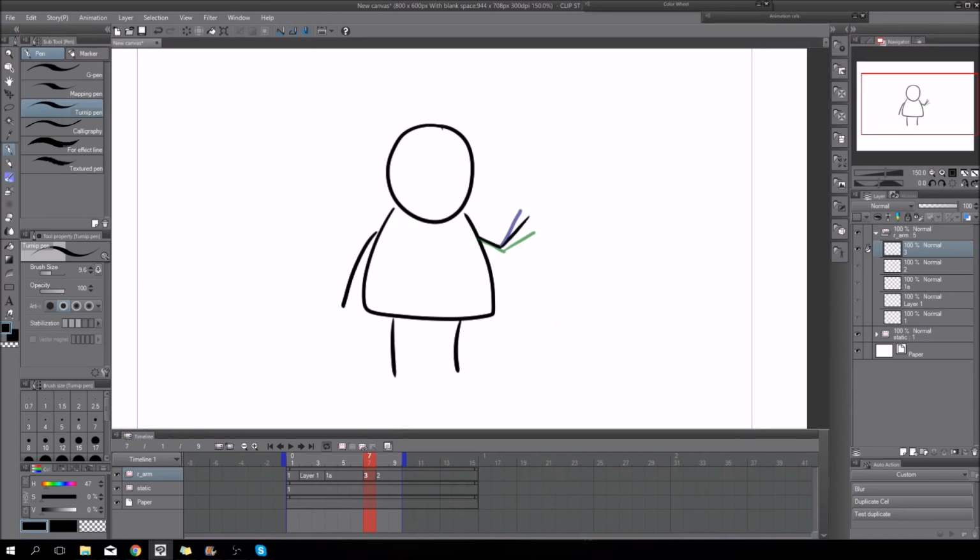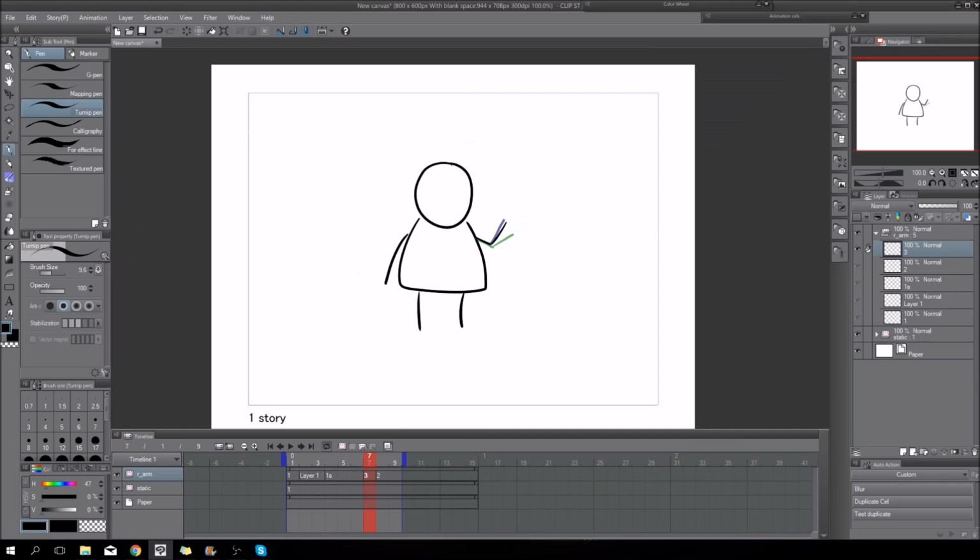So I can do this, or I can do this closer, so I have a nice ease out. And you can see the upper arm is better, it's not as wobbly. And now I could just play with the timing or do other things.